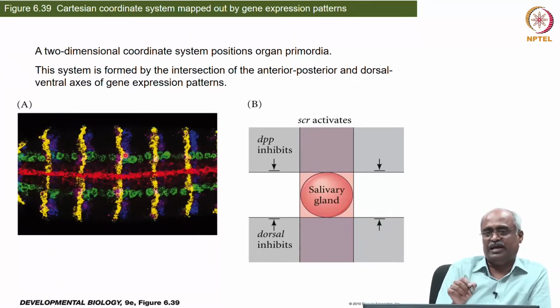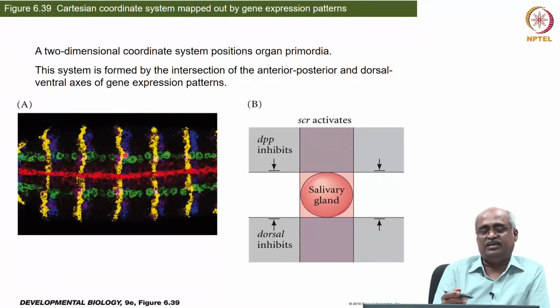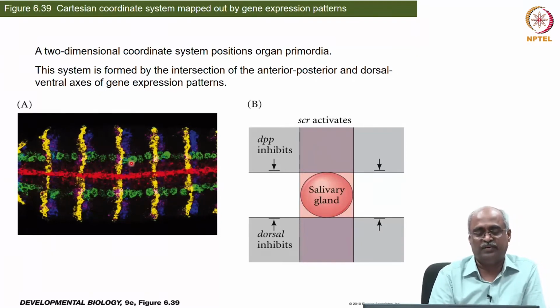So the longitude and latitude in two axes specify the position of a given location in a geographical map. We call that a Cartesian coordinate diagram,